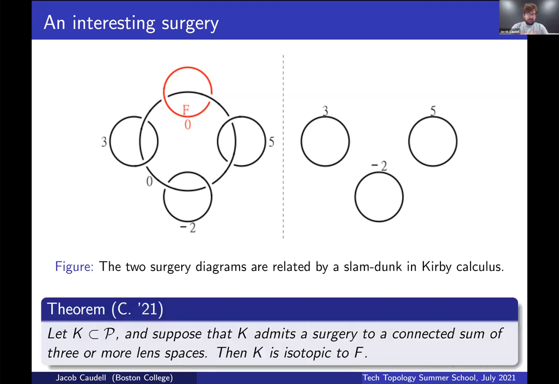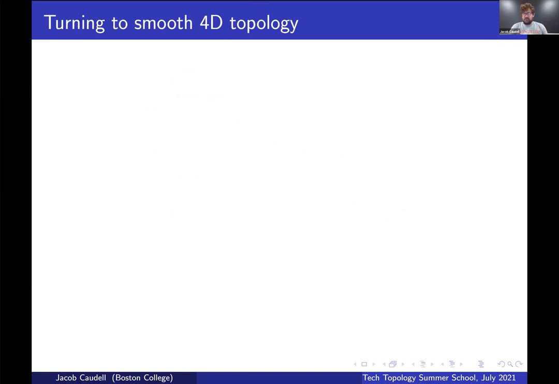So the main theorem: let K be a knot in the Poincare homology sphere, and suppose that K admits a surgery to a connected sum of three or more lens spaces. Then K is isotopic to F. And we'll approach this problem by appealing to ideas and techniques coming from the study of smooth four-dimensional